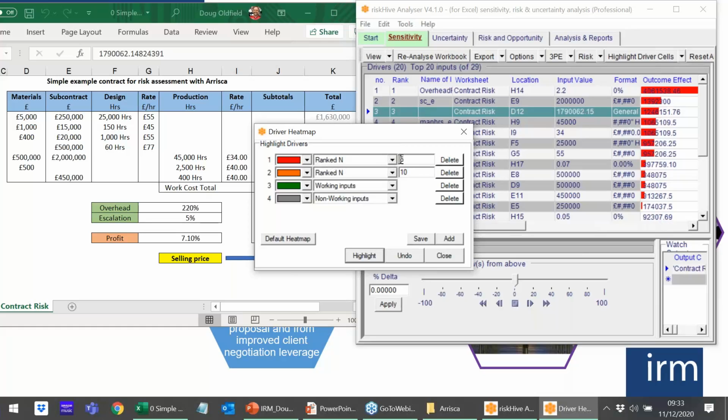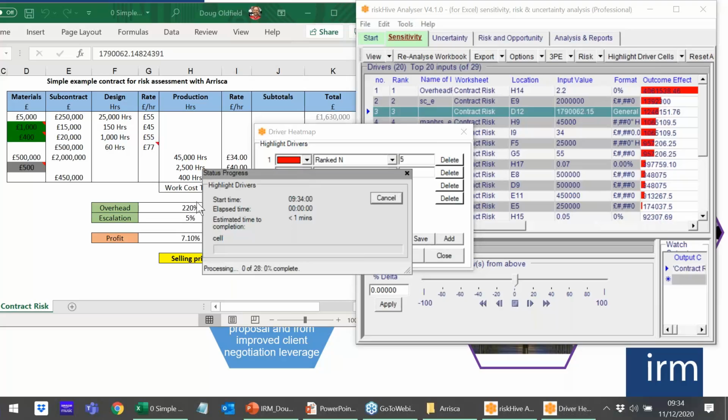So what we're going to do here is color the top 5 drivers in red, the ones ranked 6 to 10 in orange, and then every other working input or constant, as Excel calls them, will be green, and these are the ones that are going to contribute in some way to the final output. And finally, any inputs that don't contribute to the output get coloured in grey. We don't know if they're good or bad, or what we intended or not. It's just something to be looked at.